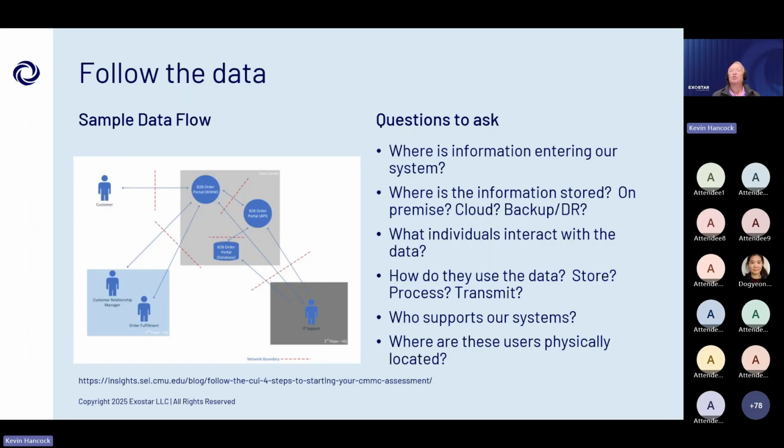use, right? Are we storing it in a document on my hard drive? Am I working in a CAD system because it's a drawing? Am I moving this data around? So all of those things come into it. So helping you determine the extent and the scope, right? All of this is about the scope of your assessment, because the scope is what's going to determine what that